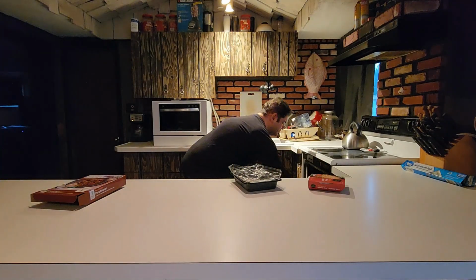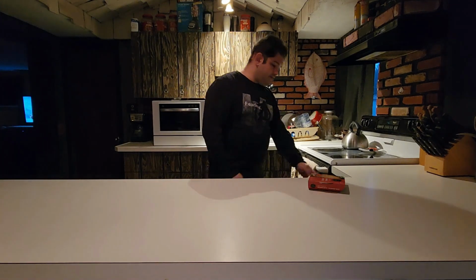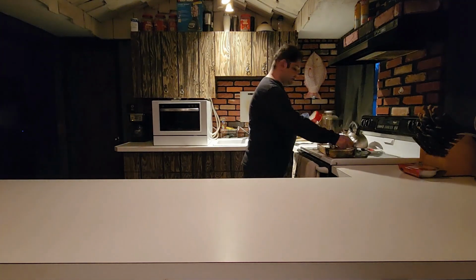Pop it into the oven. Set my timer. So, it's been 10 minutes. Let's see how it came out, huh? So, according to a quick inspection of the bulgogi, it appears to be done. I'm going to go ahead and recover this